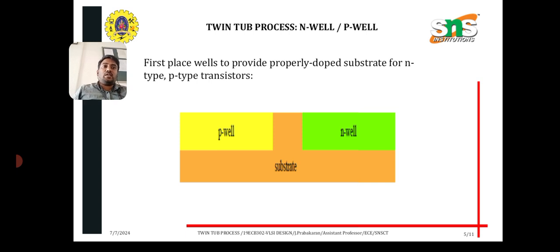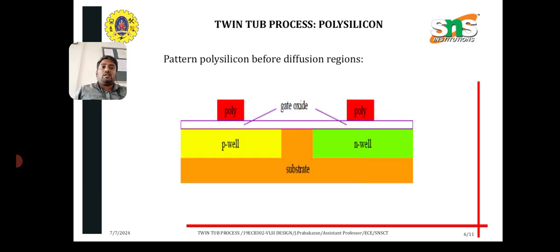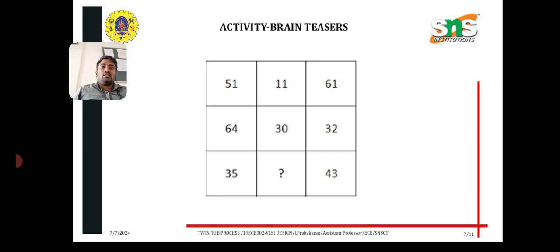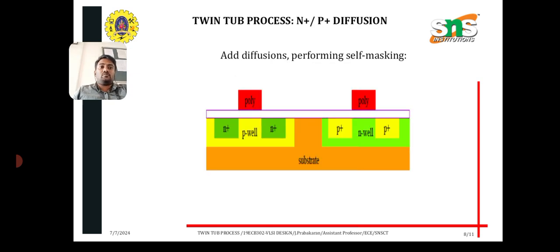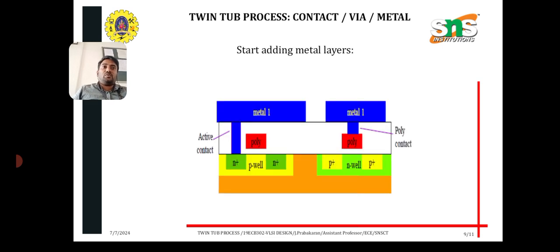Next is twin tub N plus P plus diffusion. The twin tub process is a semiconductor manufacturing technique that involves using two separate tubs or wells, N-well and P-well, to isolate different types of transistors in the same integrated circuit. Okay. Next is twin tub polysilicon: pattern polysilicon before diffusion regions, like gate oxide. Okay. Next is N plus and P plus diffusion performing self masking. Twin tub